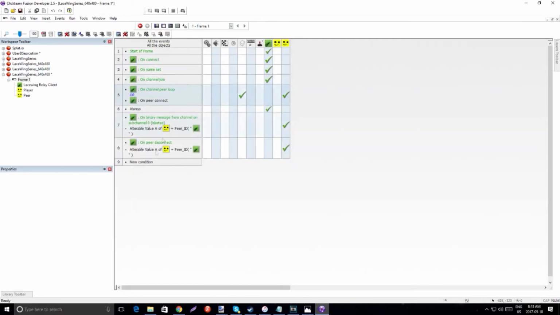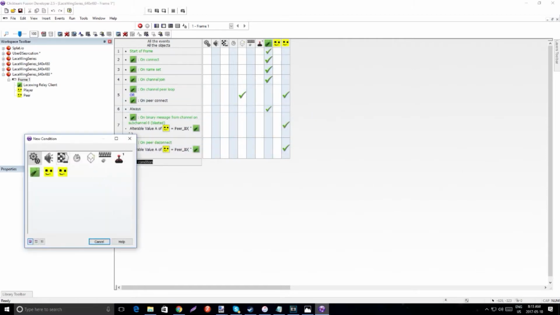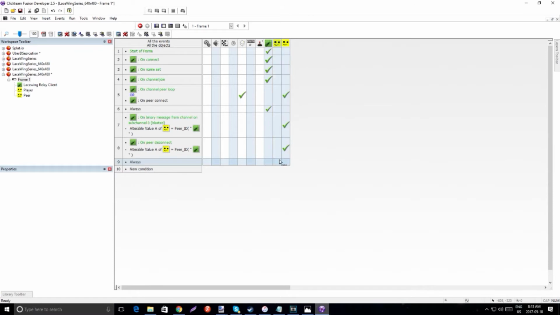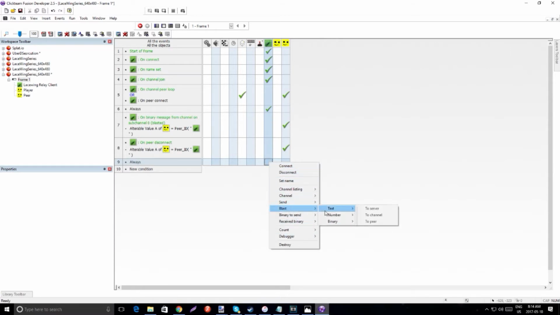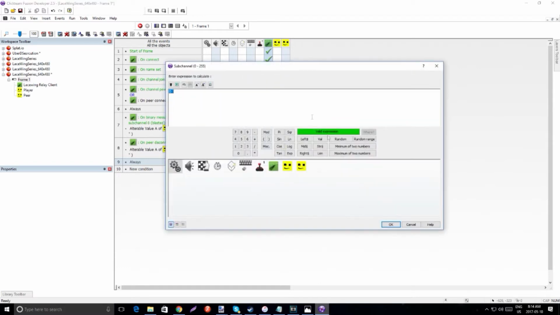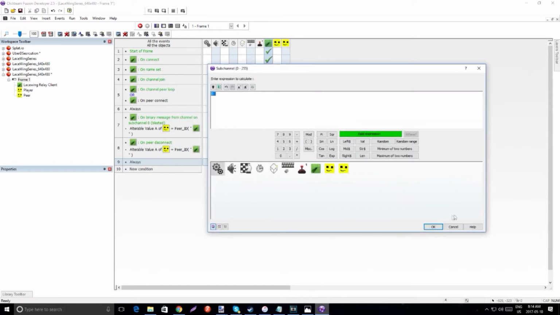So what we're going to do now is we're going to make a new event. It's going to be an always event, and it's going to be under Lacewing. So under here, we're going to do always blast number to channel. So we're going to just do subchannel 0. The number we're going to send is the player